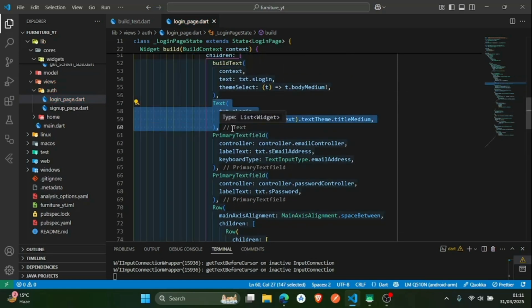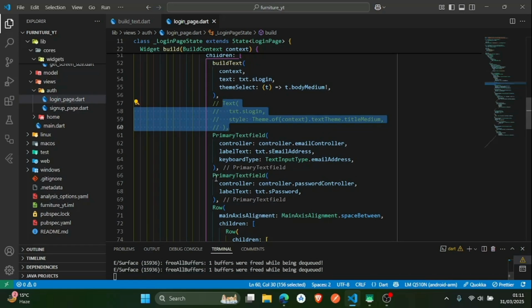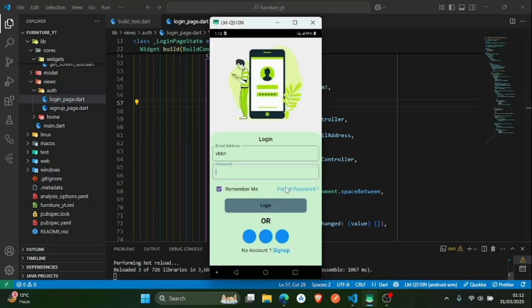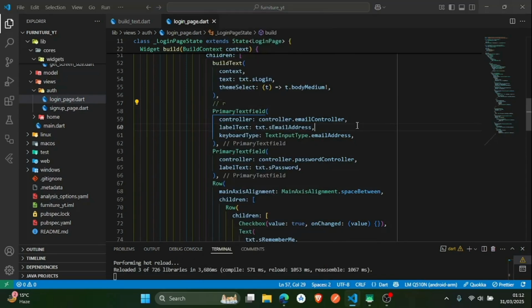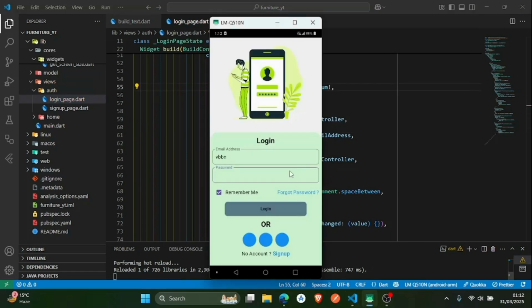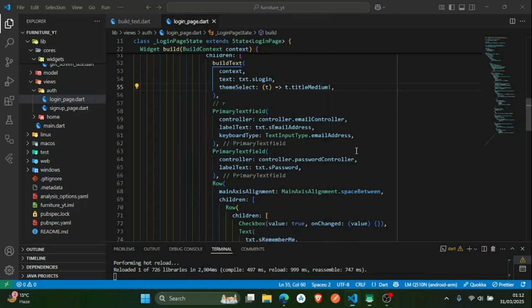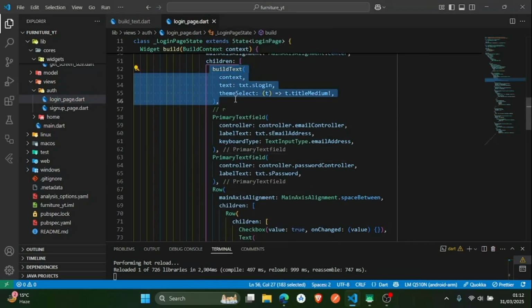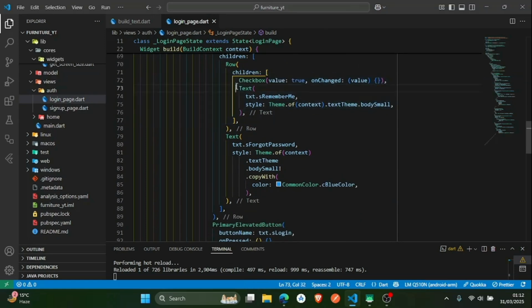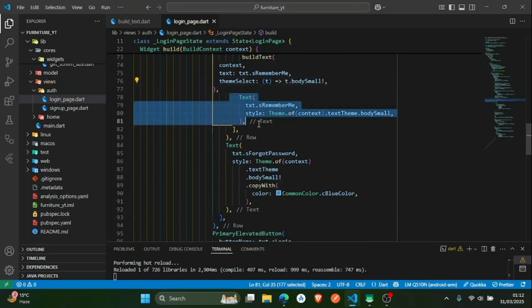Now if I comment this line, sorry, I reload the application. So here you can see the same is on, so instead of body medium it is title medium. So I reload the application. Yeah, here you can see the changes have been seen successfully. Okay, so like this I think we have to build for this another. Yeah, here it is body small. Okay, so let me